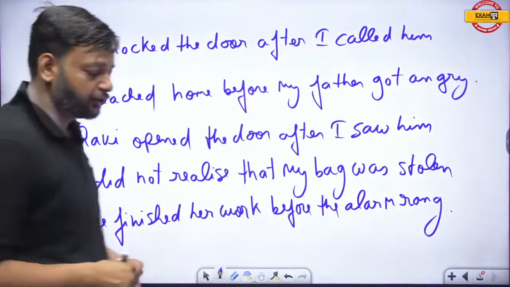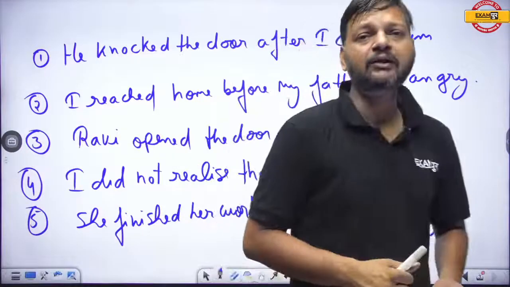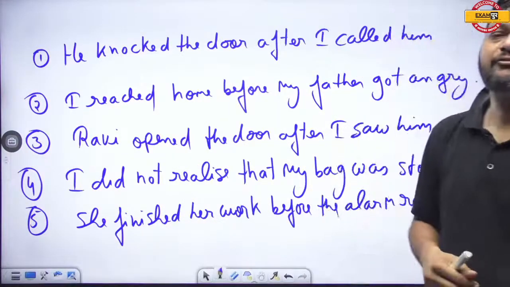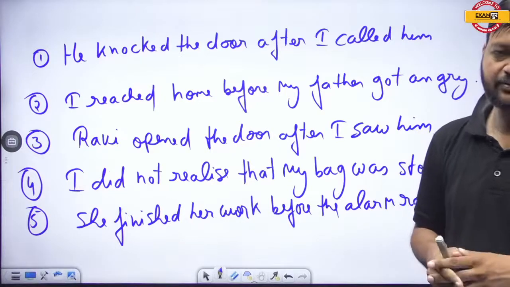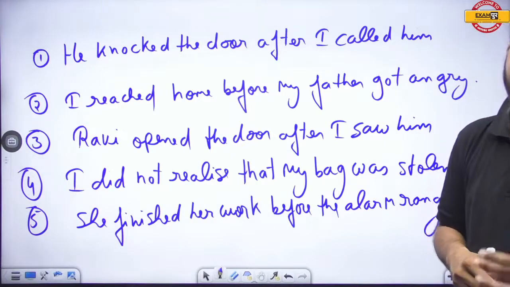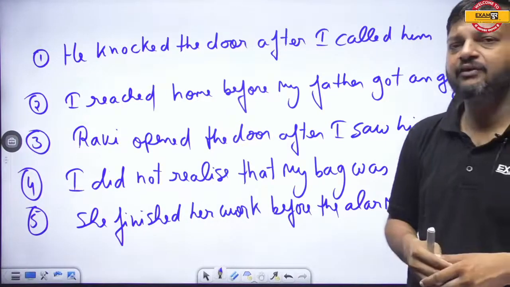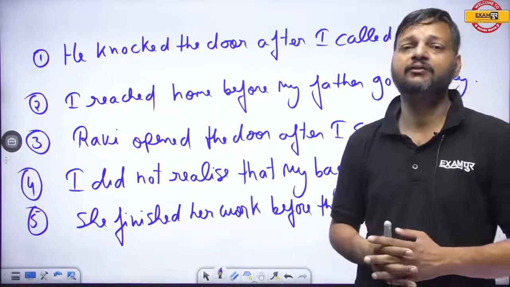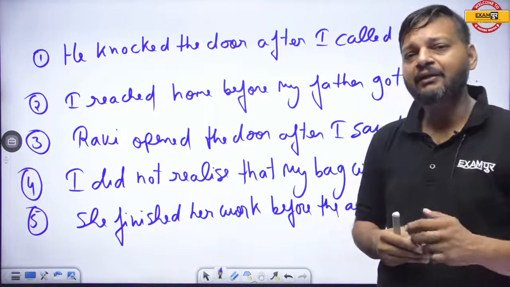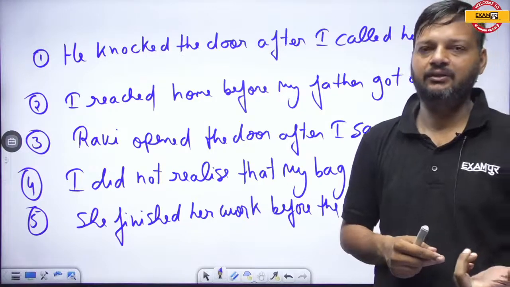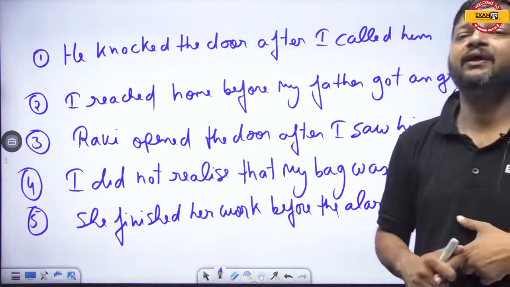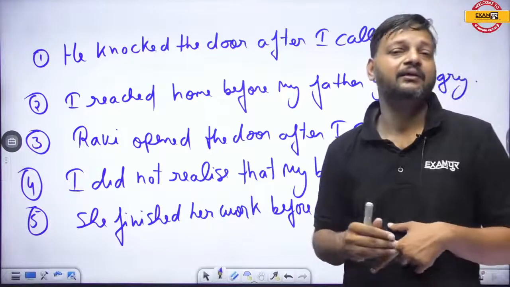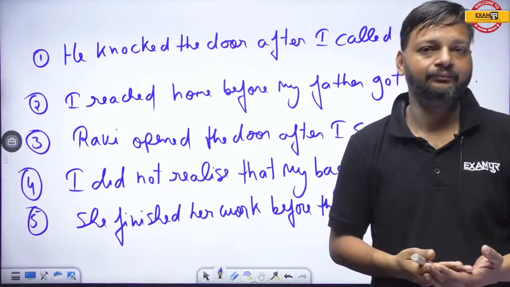While solving these questions, you have to keep in mind that if there are two actions of past in a sentence, the former one must be in past perfect and the latter one must be in past indefinite tense. The action that we did first is past perfect, and the action that preceded it